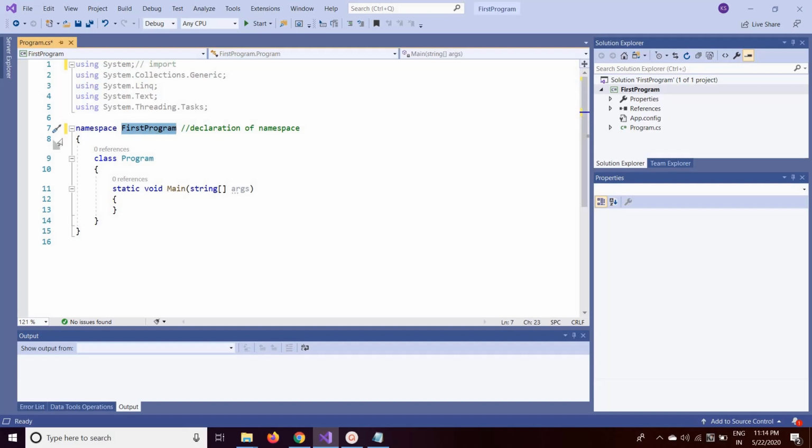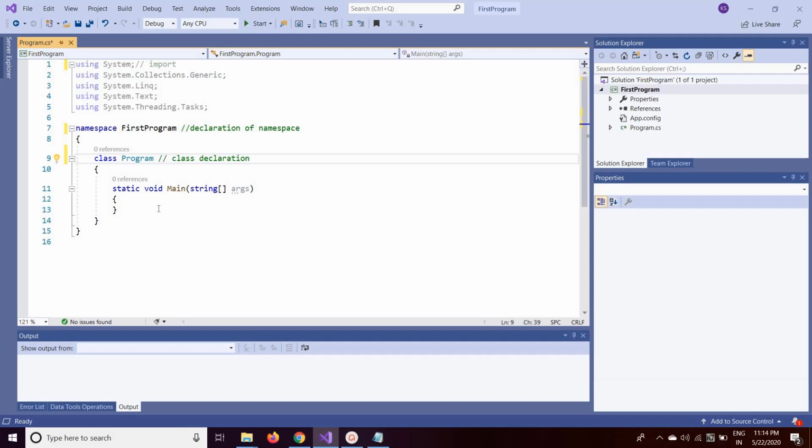The third section is the class declaration. This is to declare the startup class of the project.